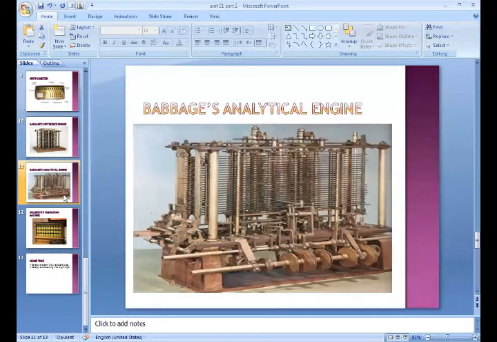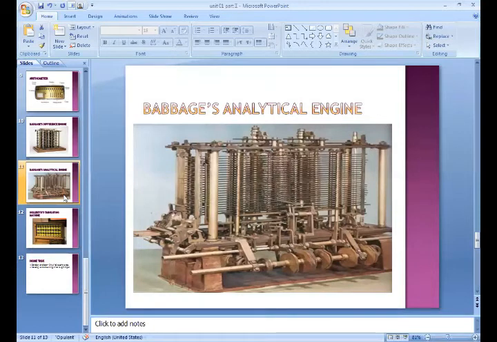Okay, now punch card. A punch card is a piece of stiff paper that can be used to contain digital data, represented by the presence or absence of holes in predefined positions. Many early digital computers used punch cards as the primary medium for the input of both computer programs and data.